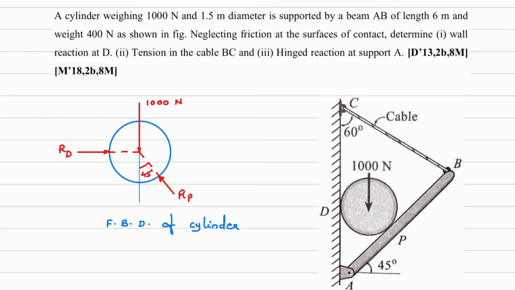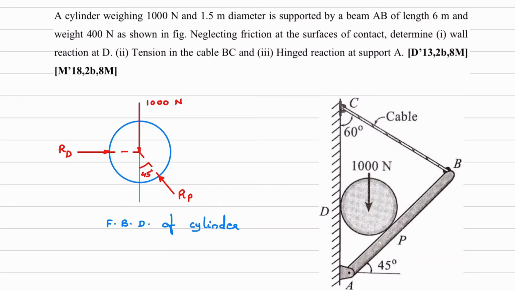Now that weight, it will act at the center of this rod AB. Okay, so suppose this is the center. So here the weight will act. Now this point P, it is the point which this cylinder is in contact with this rod. Okay, it is not the center. That we have to find where is the center. Okay, and we have to eventually find this distance AP as well. Okay, we will see how as we proceed further, we will be able to calculate this AP.